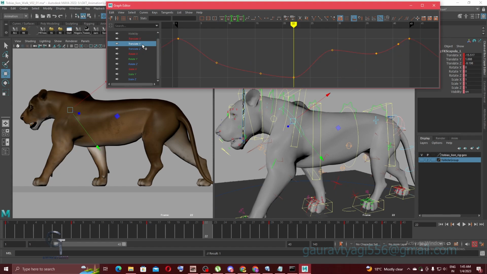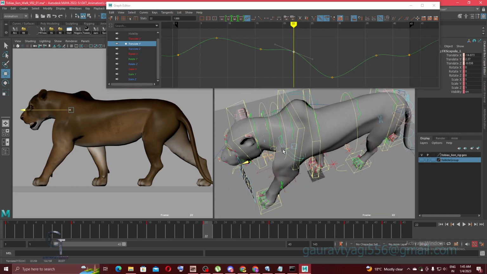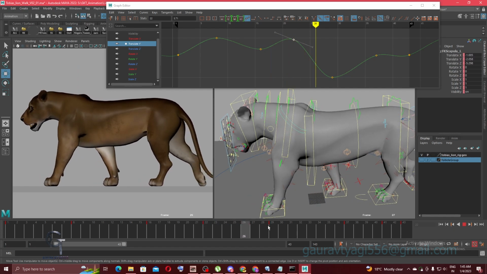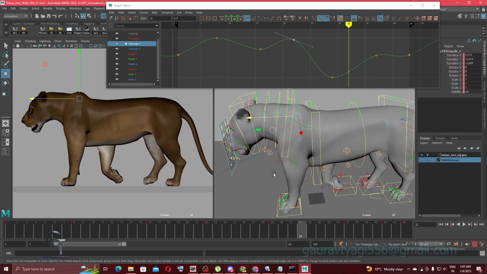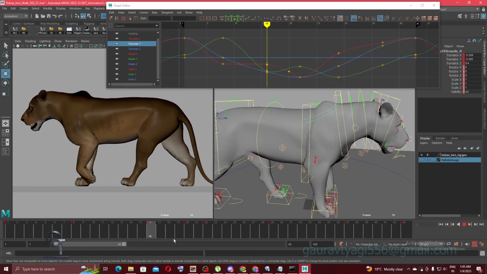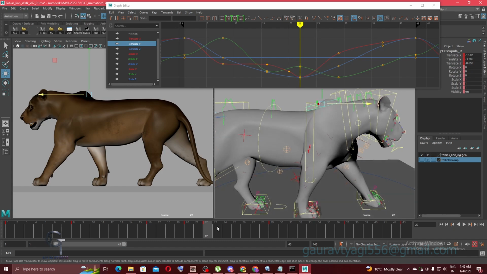Here you need to pay good attention to this area, because this is the area where the foot will plant, and then the weight. You need to show the proper weight shift. So that's why this area is very important, and you need to observe very closely and work very closely here,